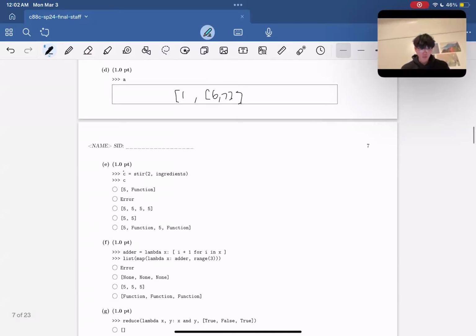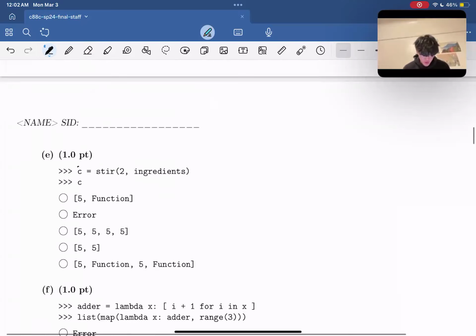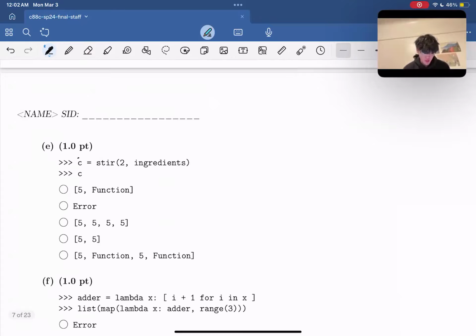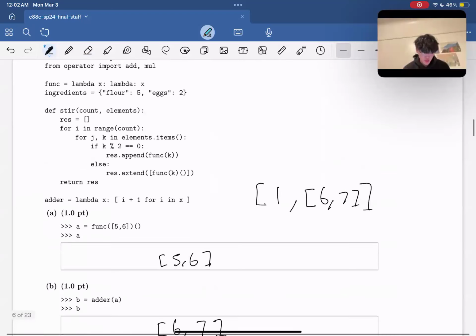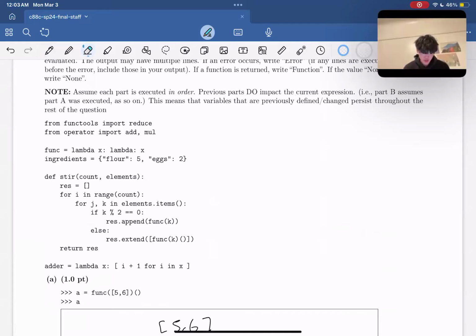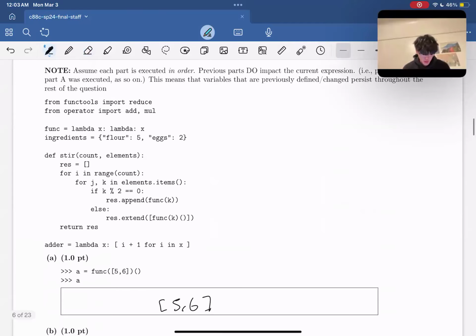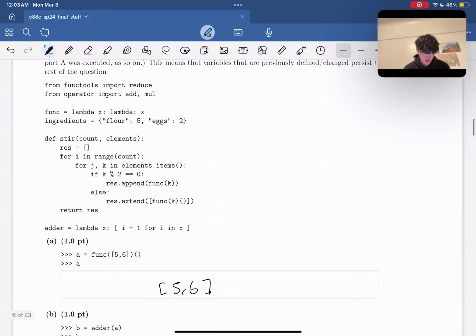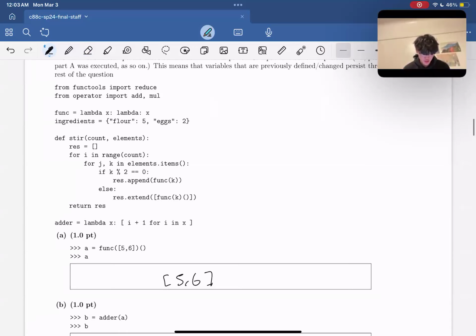Moving on. Now we're going to be playing around with our stir function. Our C is defined as stir, which takes in two and ingredients. So let's go back up, and then we can check out stir here. Our count is 2, and our elements is ingredients. Ingredients is a dictionary, and what stir does when called is return a list res, which we'll see what happens to inside of this block of code here. When we first call this, we create a new list res, okay,